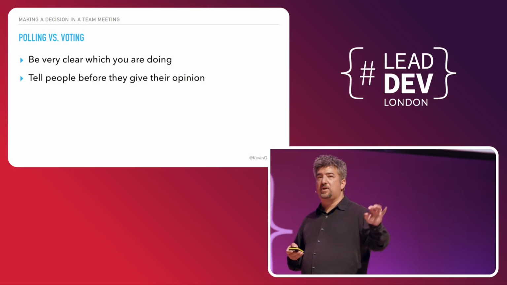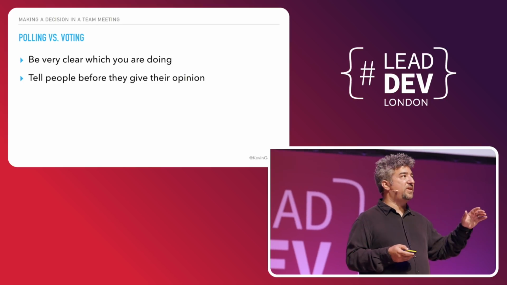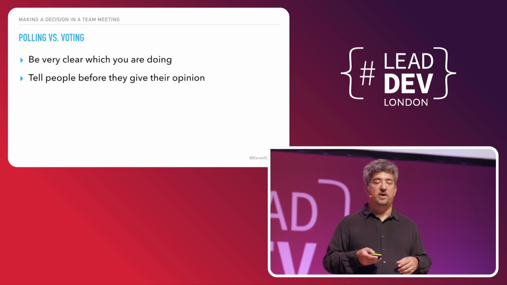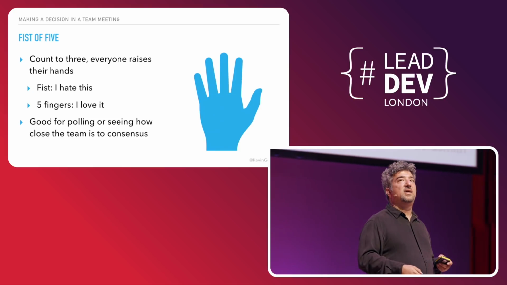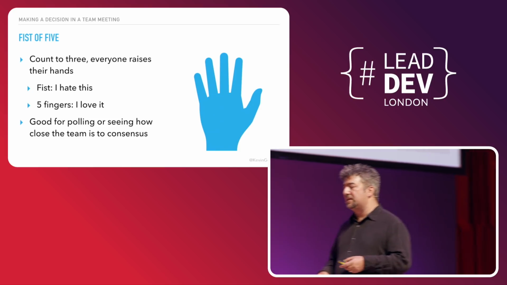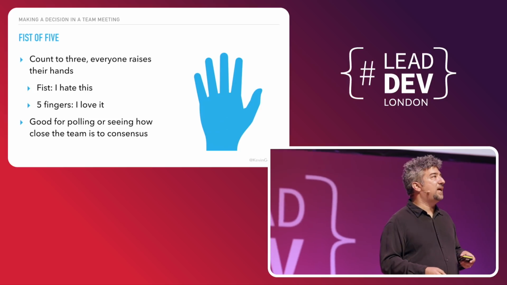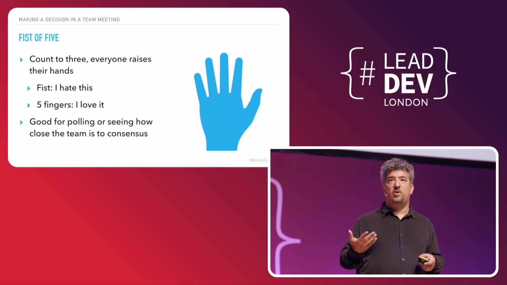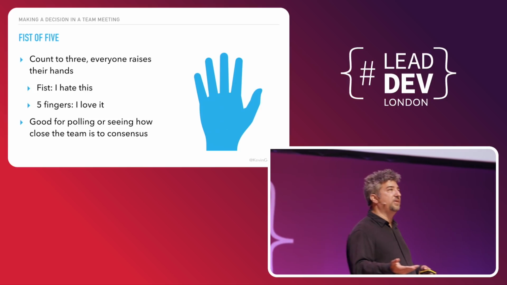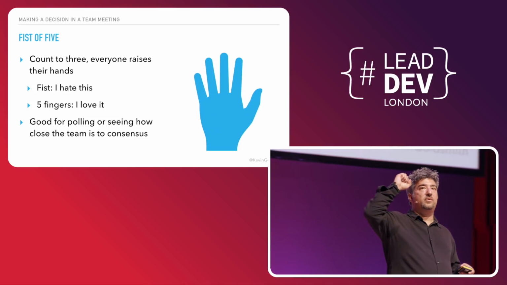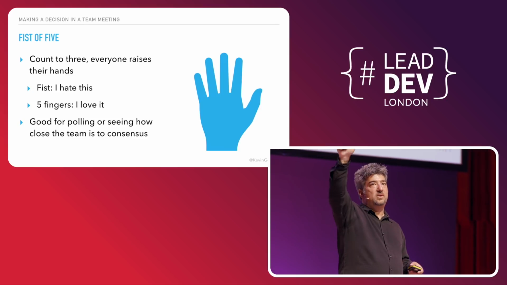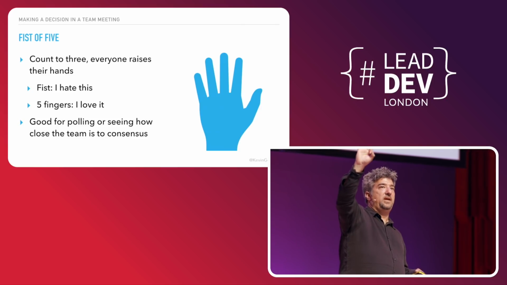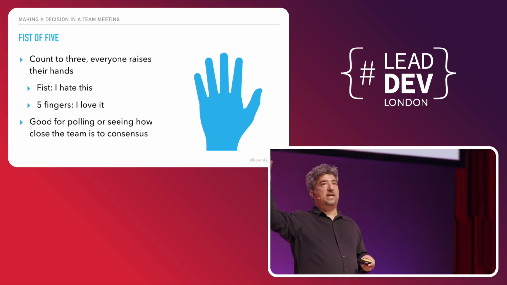So I also distinguish between these two things in another way. I do two different ways of doing it. One, some of you might have heard of, fist of 5. The way this works is something like this. Hey, for team lunch today, how about we go get Thai food? We're going to poll using fist of 5 on the count of 3. 1, 2, 3. So you have fist of 5 is none, 1, 2, 3, 4, 5. So you have a range.